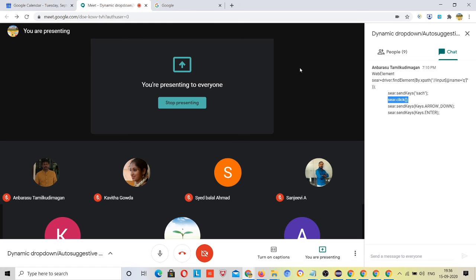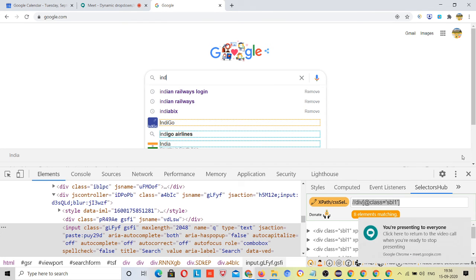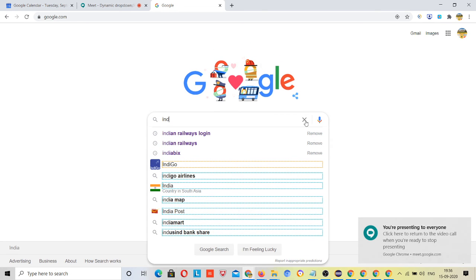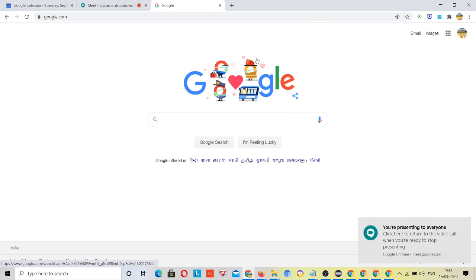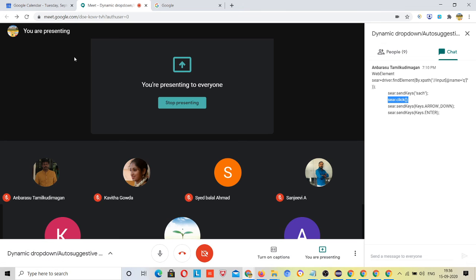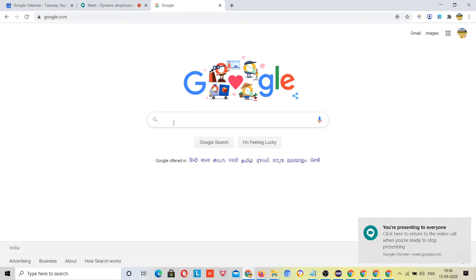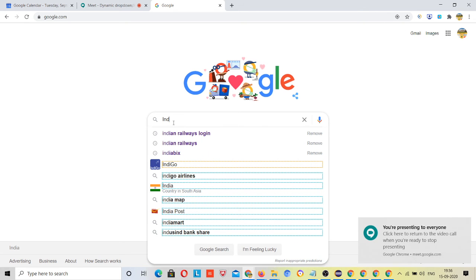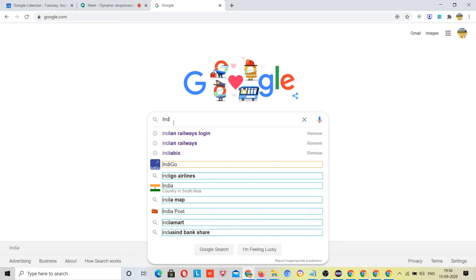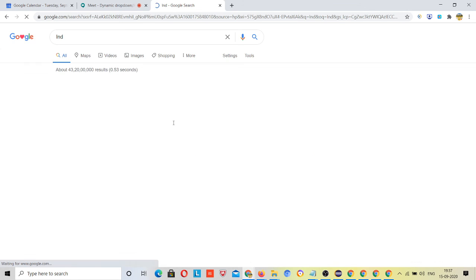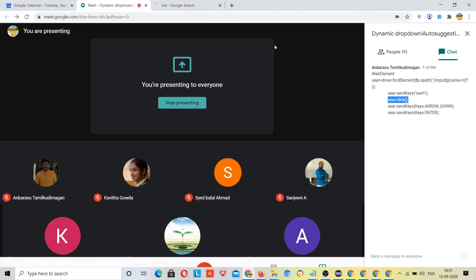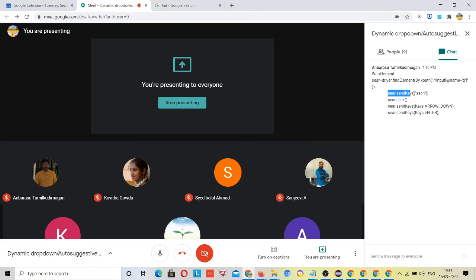Actually, whatever you follow in manual steps, just follow those steps in your automation also. Those will never cause an error, right? Suppose I type I and D here. Now if I press enter, then what should it do? It should search for I and D, right? And the same thing Anabarsu did here. Send keys, and after that the same element he clicked, right?